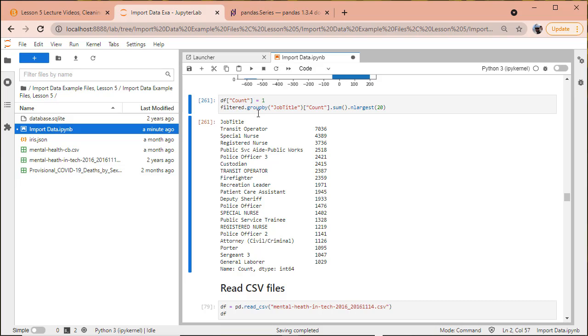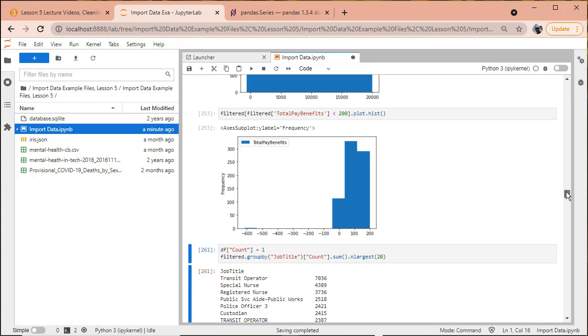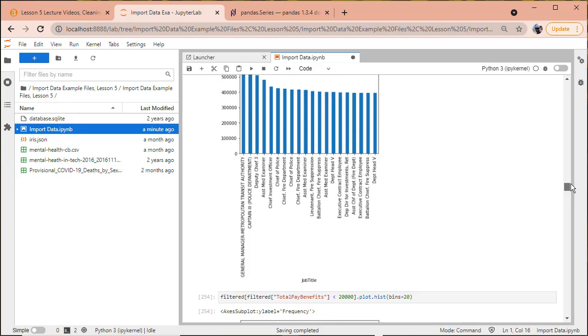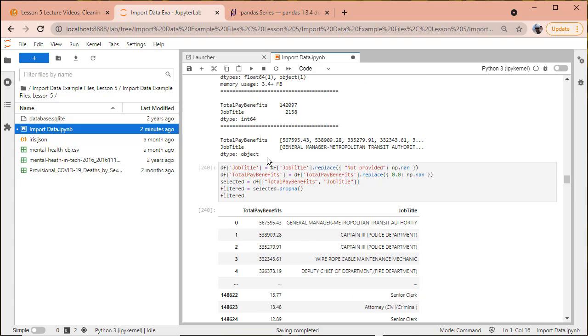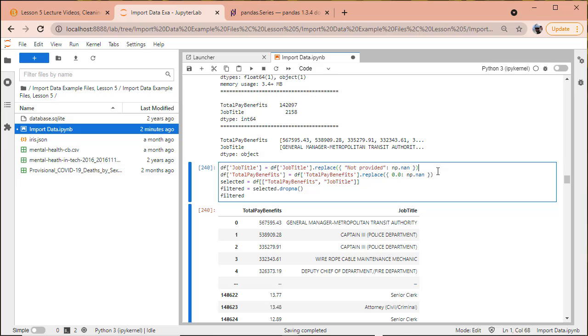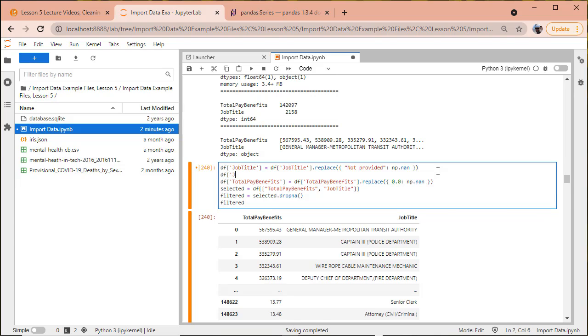So what I'm going to do, this was basically a cleaning step that we missed before, is take the job title in the original data frame and replace the value of job title with title case. So it's going to leave transit operator here alone, but it's going to convert the all caps one to the same case as this. This is actually going to probably affect some of my counts up here as well. So I'm going to go up here where I did this job title replace not provided with not a number. Let's do job title